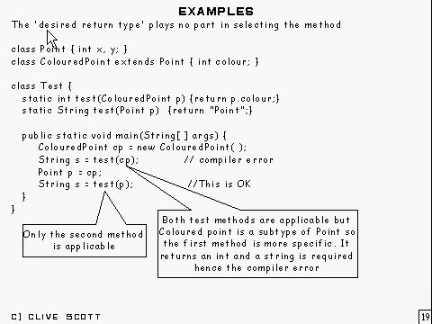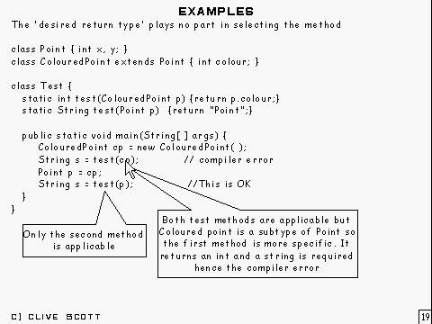Well, this is just a little example to illustrate that the desired return type, if there was such a concept, plays no part in selecting the method. And here we've got a point, and coloured point is a subclass of it, with an extra field, and two methods, both called test. One takes a coloured point and the other a point. One returns an int and the other returns a string. Down here we do this, create a new coloured point and call test with it. And that will generate a compiler error,